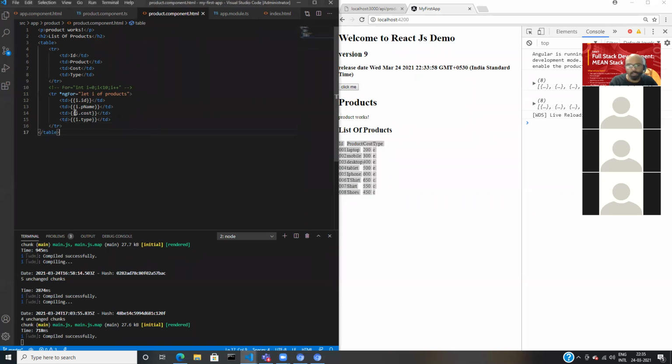Correct? So can you tell me why I have written double curly braces? What do you mean by these curly braces? I know this is new for you. I just wanted to check what you understood. So by putting curly braces, what exactly am I doing? What do you think?